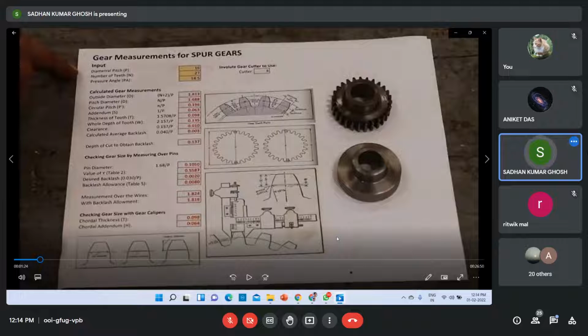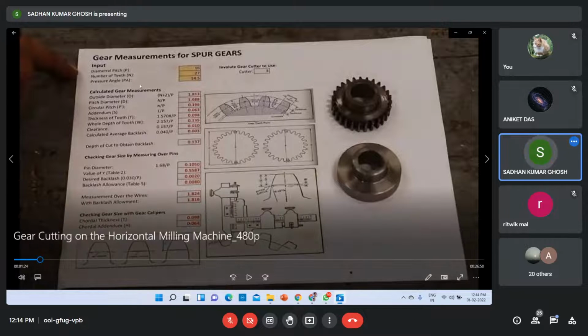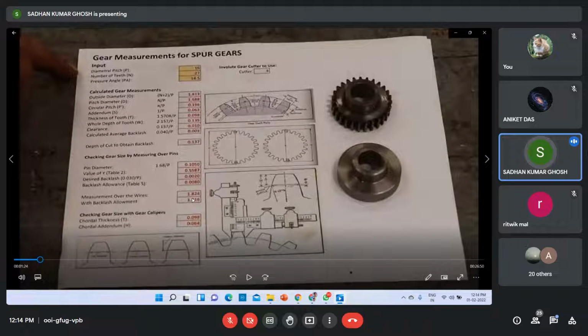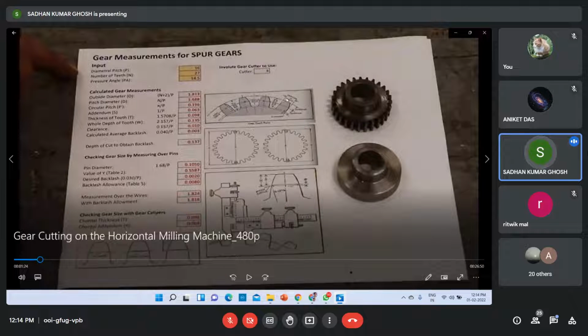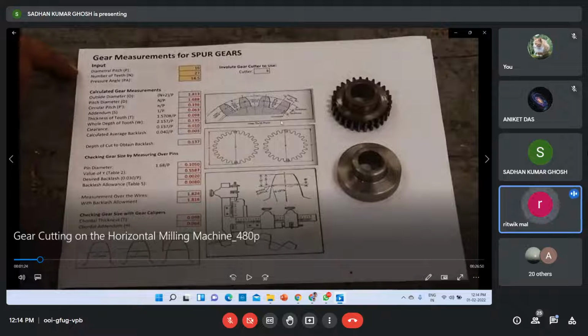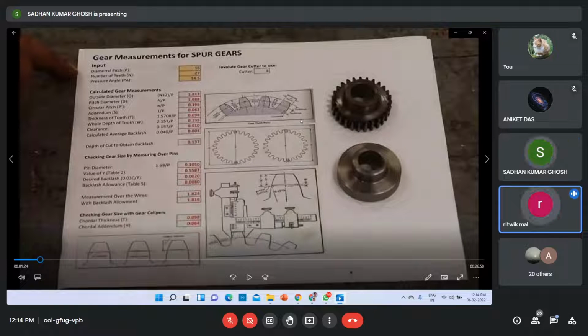So he is showing that these are the gear measurement parameters. Of course, as a third year student, you must know all this because you have also designed, or you will be designing, the spur gear. So you must know all this. This figure must be very clear to you. You should be knowing this figure. Yes, sir. Actually, I'm asking that regarding the number of teeth that we have to make on the gear, is there a relation that what type of cutters we have to use with respect to that?